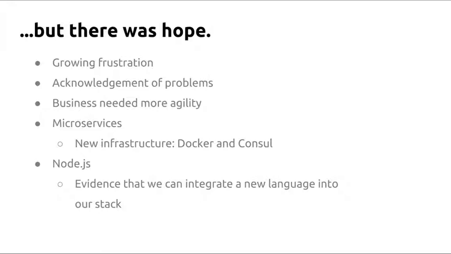Microservices and the architecture and infrastructure to support that was starting to be a thing. We had Docker in production. We had a pipeline for getting a Docker container deployed. We had Console in production for doing service discovery. Are most of you familiar with those two tools? Yeah, so those help a lot when you're trying to get away from a monolith. And we were fortunate enough before we started doing Go to have those tools available to us.